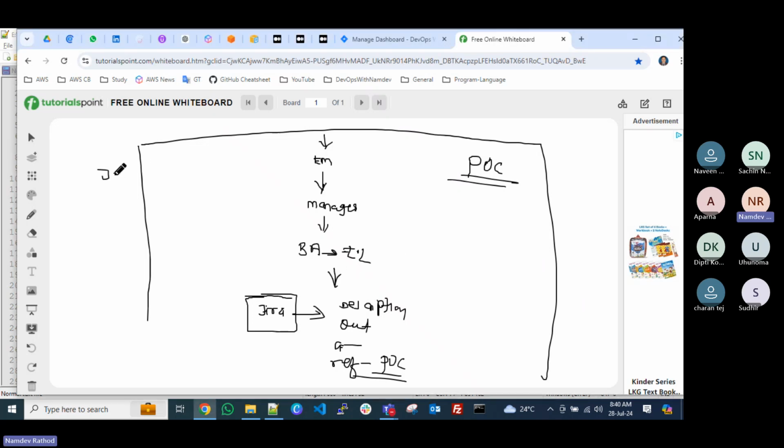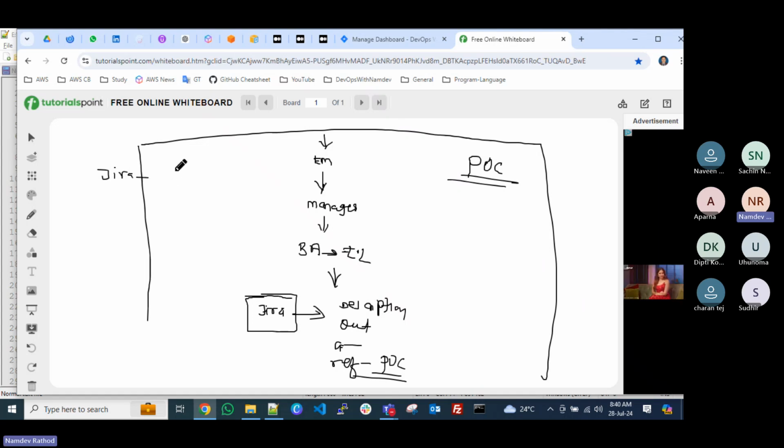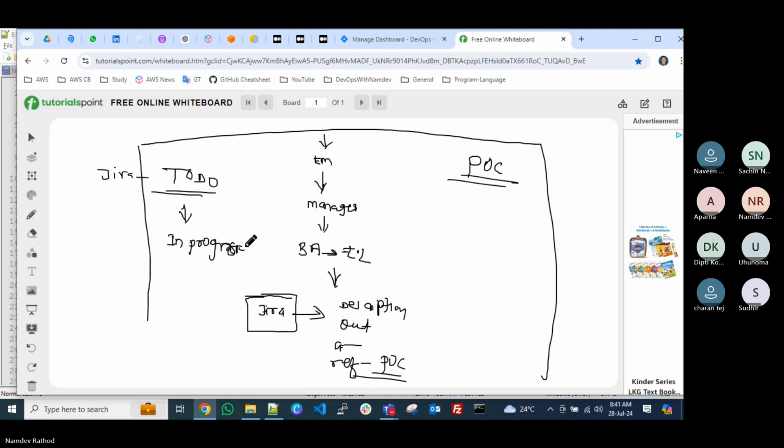So in Jira, when you create any Jira ticket, by default the status would be To Do. Then from To Do, you will move it to In Progress once you have started working on that Jira ticket. You need to change the Jira ticket status. You can move it to In Progress, and whatever the task or POC you have performed, you need